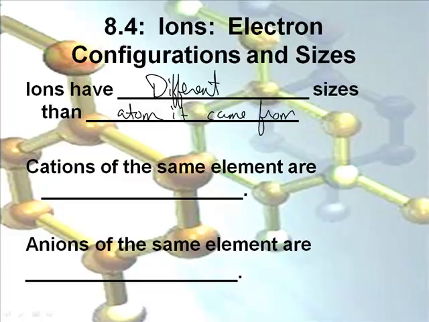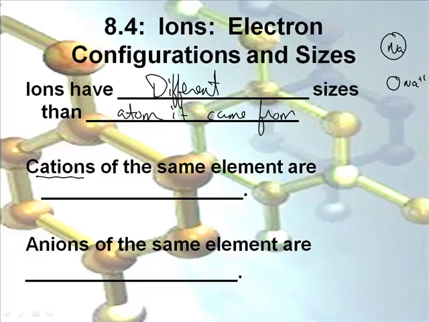So, if I have an atom, we talked about this a little bit in the last lesson. This is like the babysitter and kid thing. If I have a sodium atom and then I become a sodium ion, it turns out the size of the sodium +1 is smaller. And so this is actually an example of a cation.